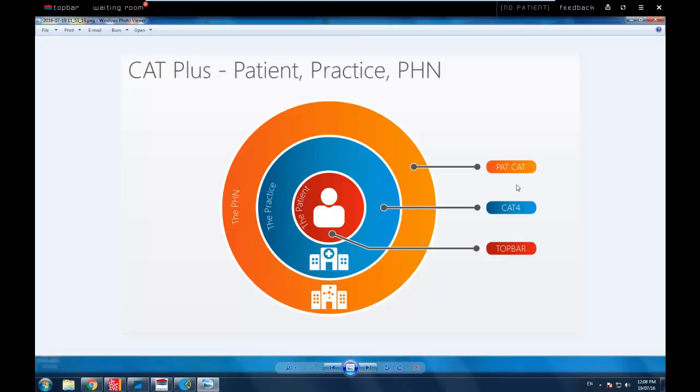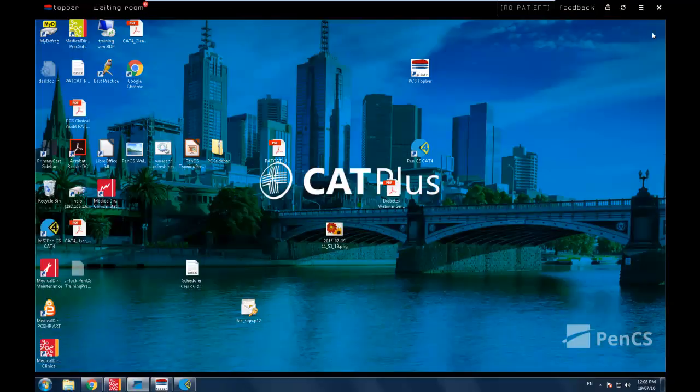From May this year on, we introduced a new functionality which took us a very long time to get right, because it was a major job to develop, and in particular to test. It's called the CAT Plus prompts, and that allows you to create, based on your searches in CAT, a prompt that is displayed in TopBar if and when a patient presents that meets the criteria. Anyway, that's enough theory. Let's have an actual look at the